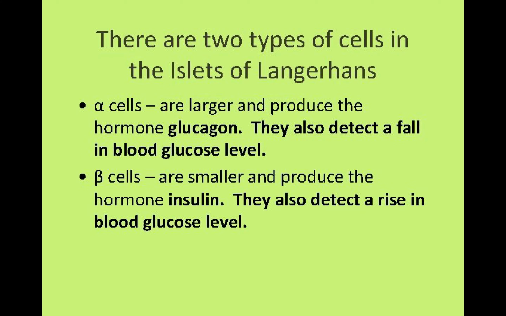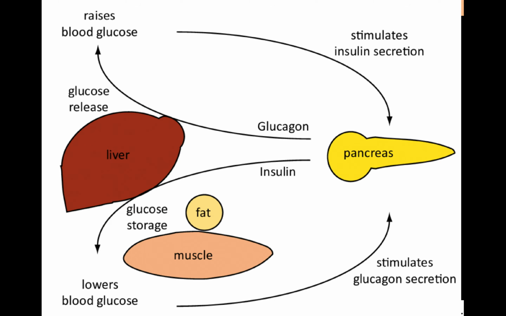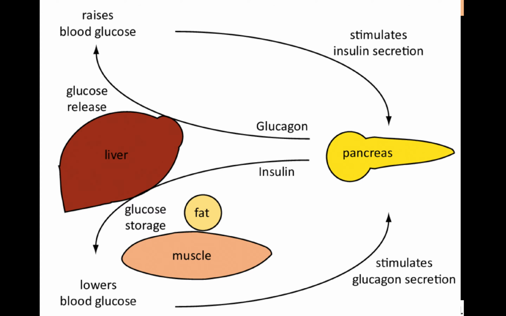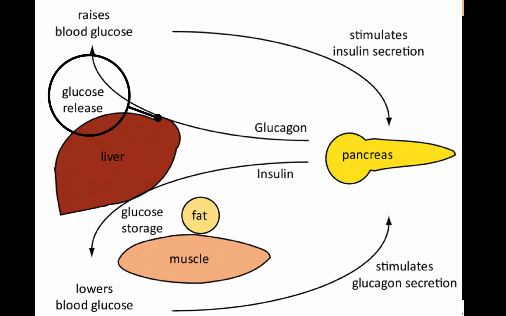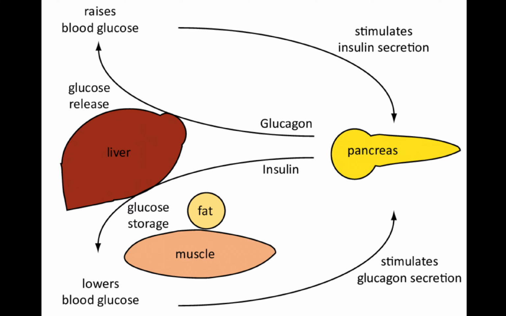Now, the glucagon, children, is only secreted when you find that the blood glucose level is dropping below the normal. That glucagon will go to the liver and convert that glycogen that's stored in the liver, right? It will convert that glycogen into glucose, making it available in the blood. And in that way, you'll find that the blood sugar level will increase, bringing it back to normal.